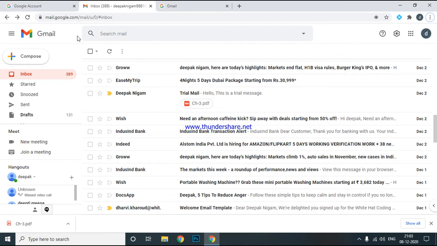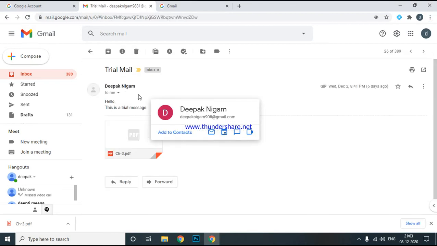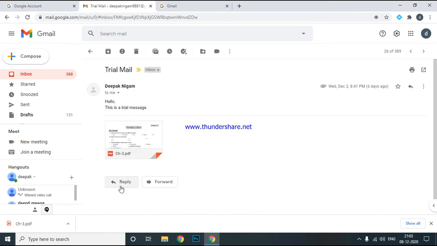Next we will read about replying and forwarding emails. Suppose I want to reply to this mail, so click on it. Now there are two options, reply and forward.